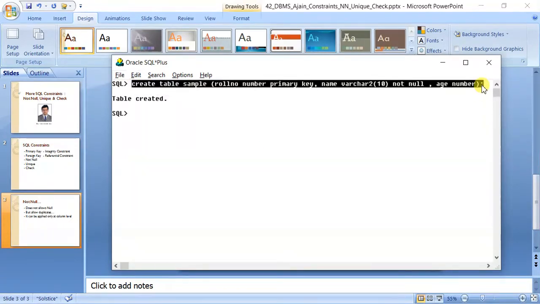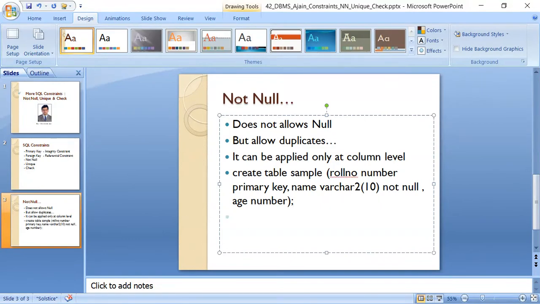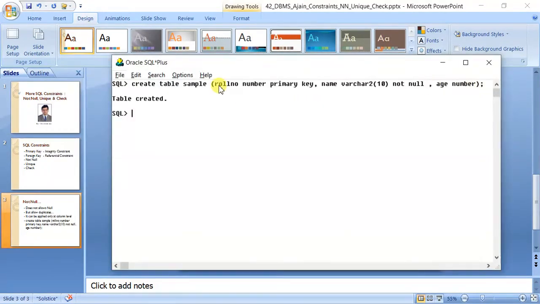Now let me copy this so that it can be used somewhat later on. Now we have created a table called sample with roll number as primary key and name as not null. You can see not null is written without any comma and with a gap in not and null. So let us see describe sample. Now you will know the answer to my statement that by looking at the structure of the table you cannot tell which one is primary key.